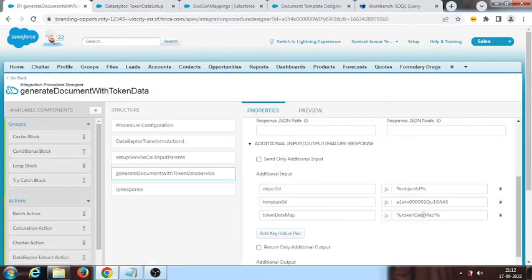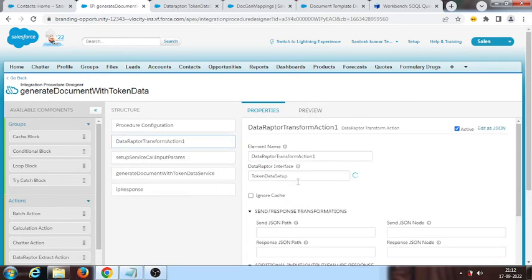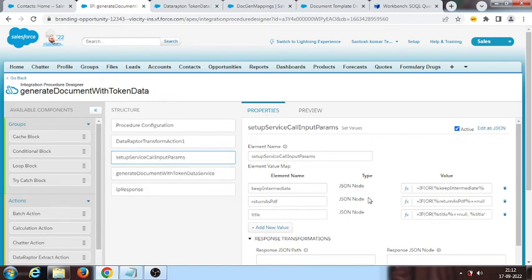Token data map. Here I can take this token data, because all these three things will go if I pass this node. That is the reason I have given this token data node, so that instead of giving each and everything, I can give it under one node, so that I can pass this one node to the object, one node to the template. Now I'll be opening one contact, so that the record will create this as an attachment for this contact. Let's open that record, and meanwhile this data wrapper will create the token data, and that will be passed to here, and the title of the PDF I'm just giving